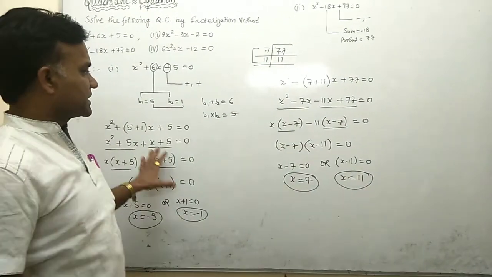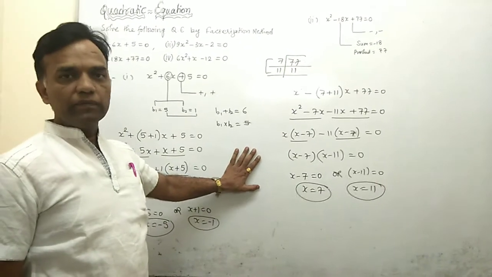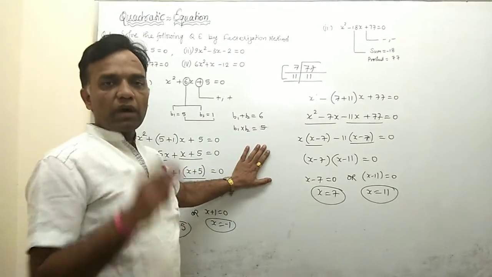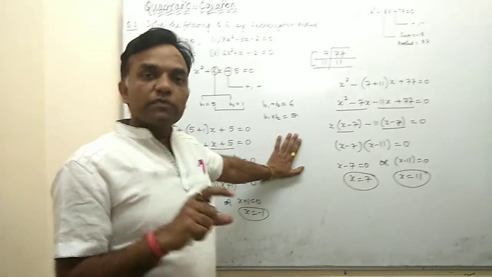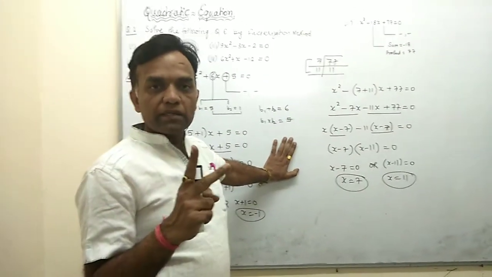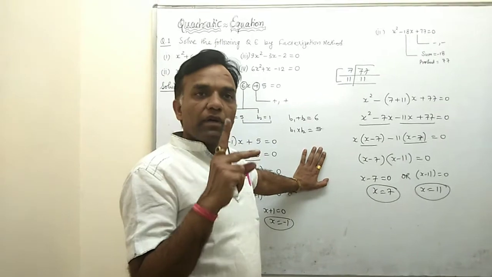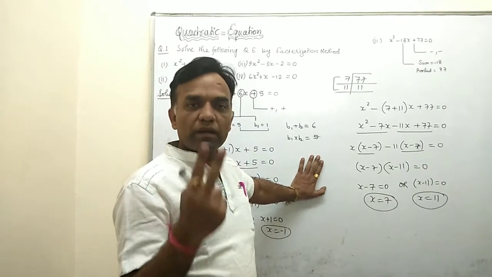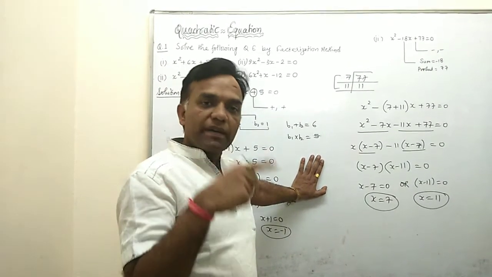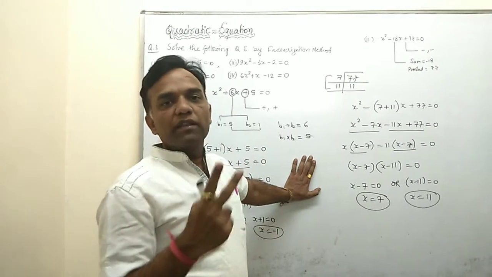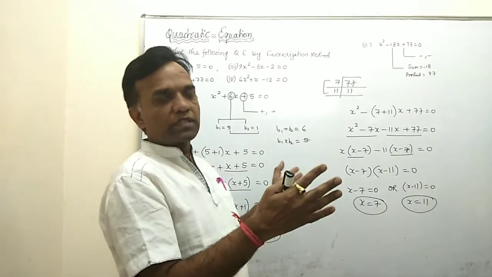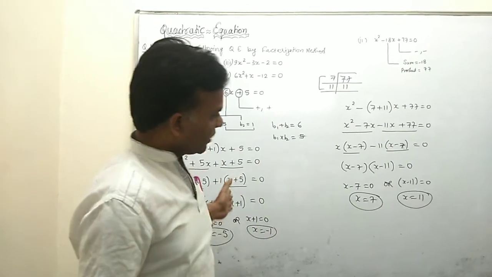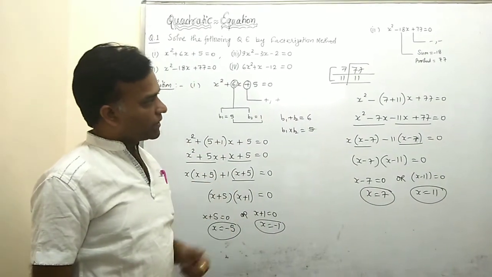So these are the concepts, they are related to the algorithm. This is the first form, where you have x square plus bx plus c equal to 0, in which the constant term is positive. Then there are 2 possibilities, you split the middle term. If the middle term is positive, then both the factors are positive. If the middle term is negative, then both the values are negative. Okay, so this is the first algorithm. There are two descriptions of the equations, and we also illustrate them with the help of examples.